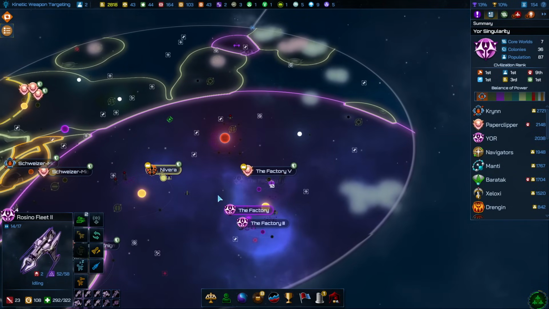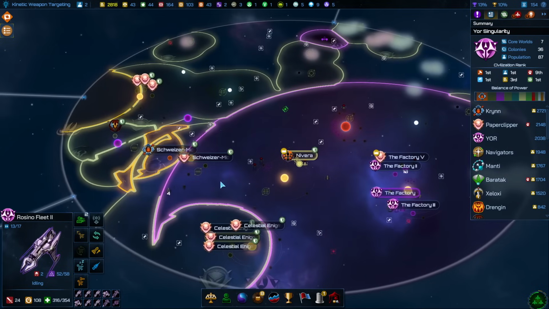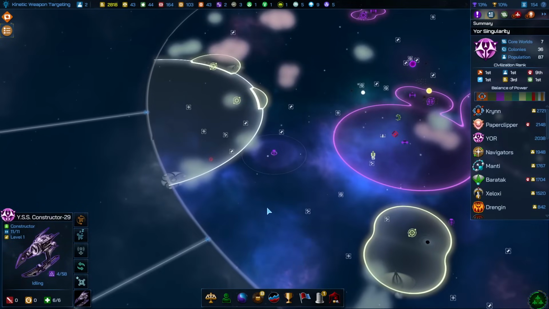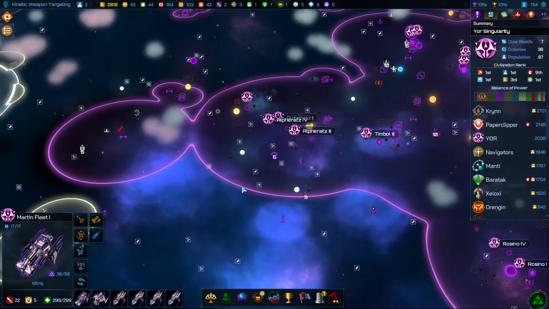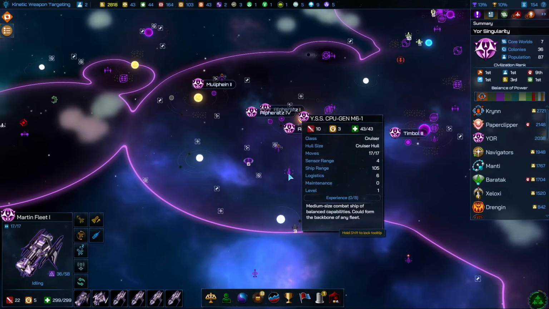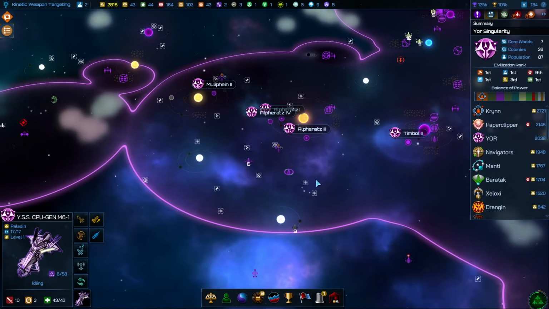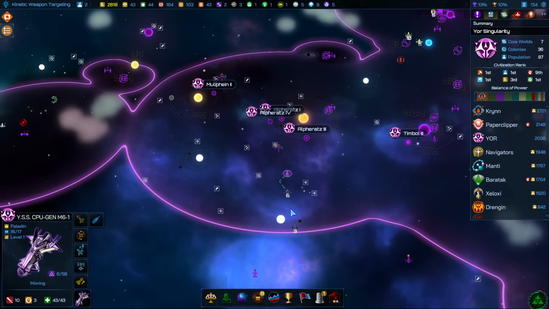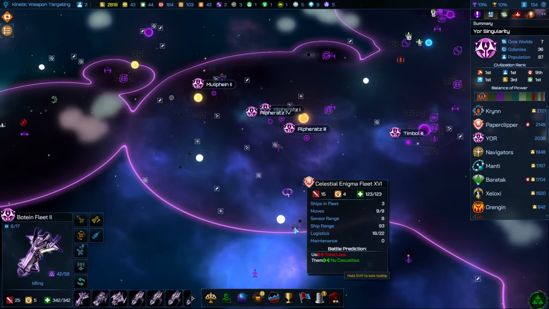Boom, boom. Neutral here. Otherwise, there's a core world there. All right, Martin Fleet 1 does still have some capacity. Are you in there? That's total loss. Really? We have a...